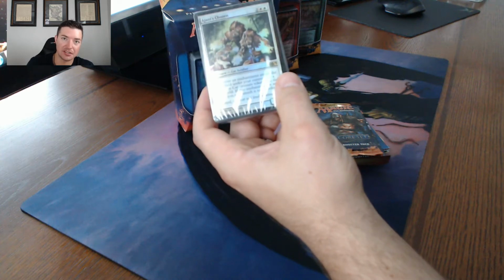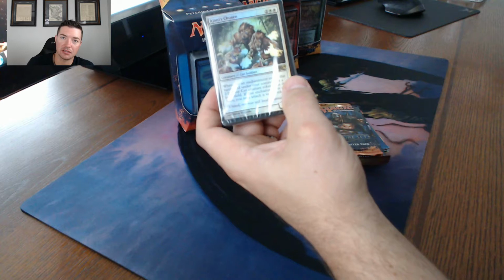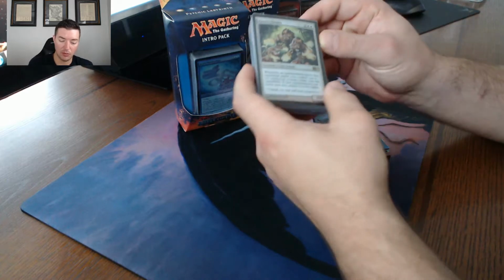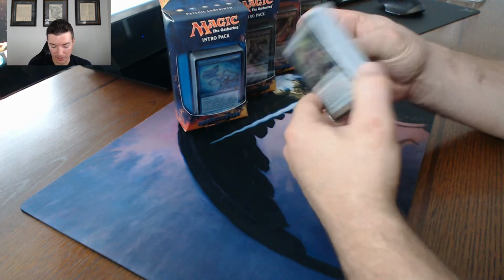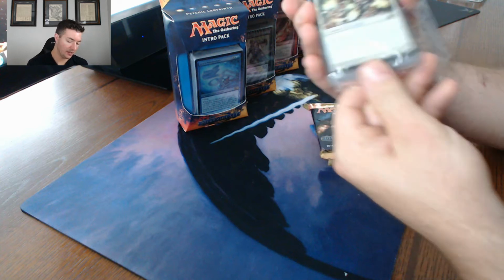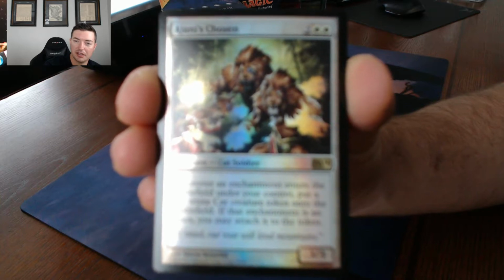blue-white, kind of a kitchen sink intro deck. There's some aura spells in there. There's life gains and a lot of defensive stuff. Typical, kind of a white playstyle, Outlast playstyle. This will open here. I'll show you the rares we got in here. Right on top, our foil is going to be a Johnny's Chosen, which